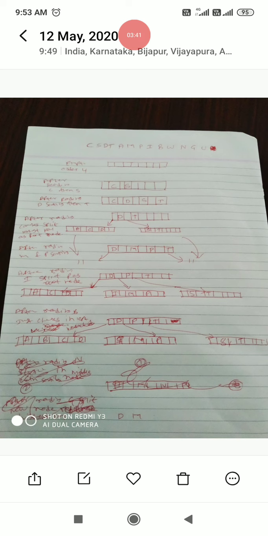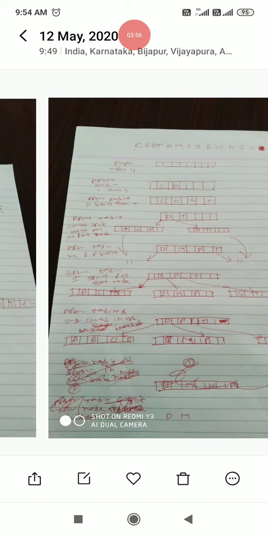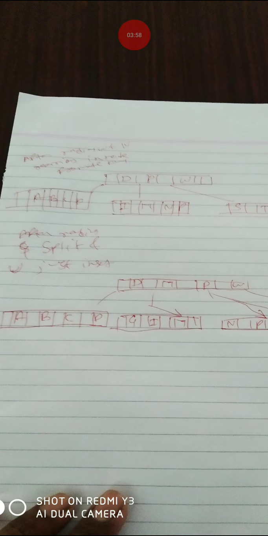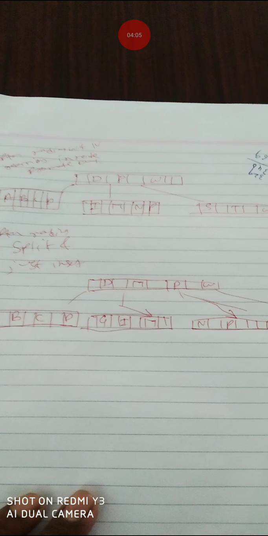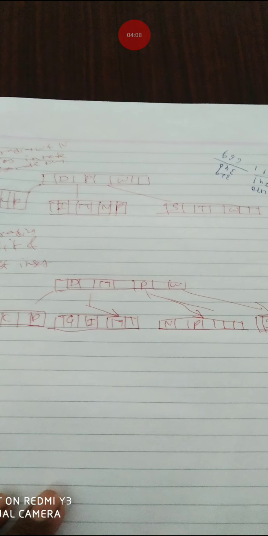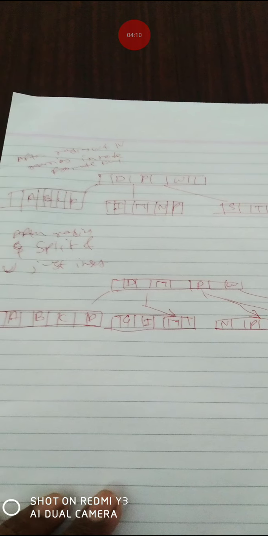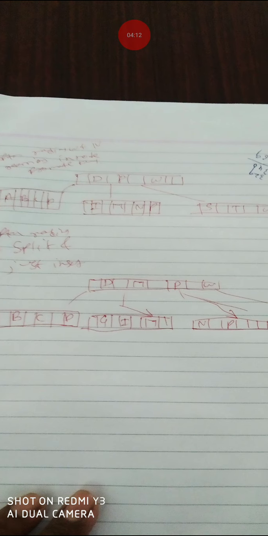Similarly, once you read B, there is no change; B is inserted in the left node, which has A C D with one slot empty. And when you read W, the highest element on the right side, T, is changed to W, and W will be in the root node. So the root node value changes to W.